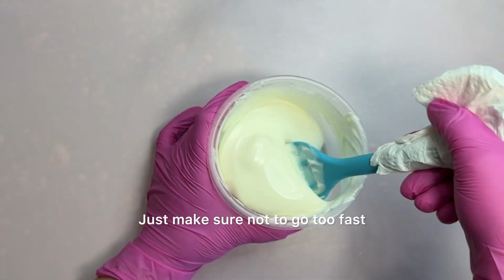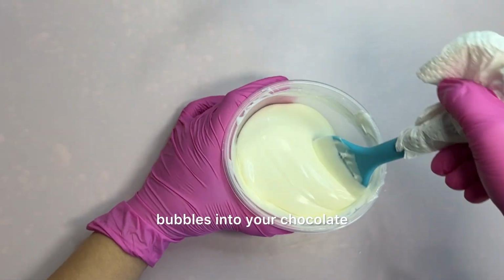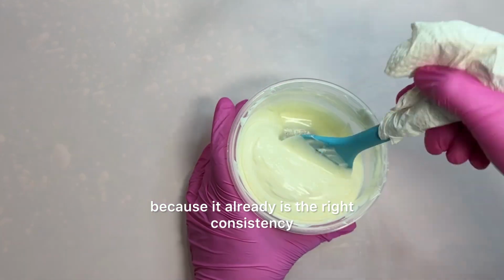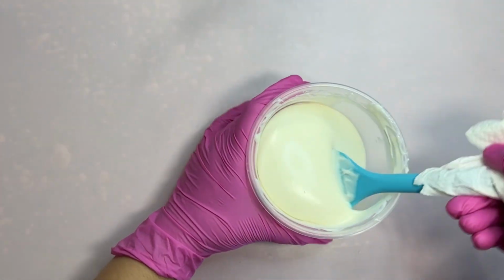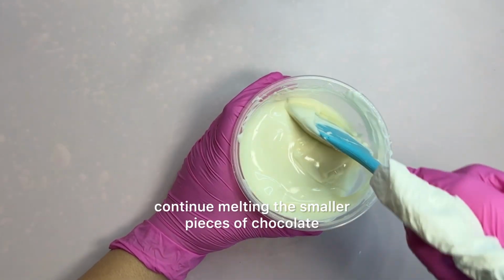Just make sure not to go too fast when you're mixing, because then you can incorporate some air bubbles into your chocolate. You don't need to add shortening to almond bark because it already is the right consistency if you melt it properly. Right here, like I said, I'm using the heat from the container to continue melting the smaller